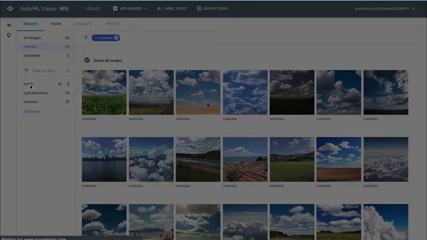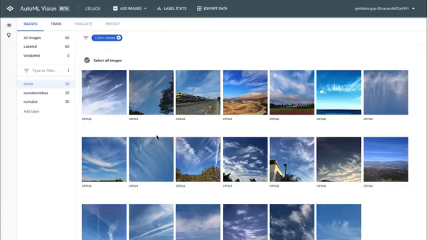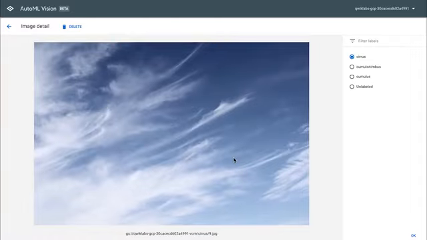If you click on a label, you'll see the images that have that label. And then you can select an individual image. This is useful if some of the labels that you have are mistaken. If I clicked cumulonimbus here, it would change this image from a cirrus image to a cumulonimbus image. And I could then click the OK button, but I'm not going to do that. In the Human Image Labeling Services demo, we saw how when other humans label our images, we also have the opportunity to approve or reject their labels in a screen that looks like this.